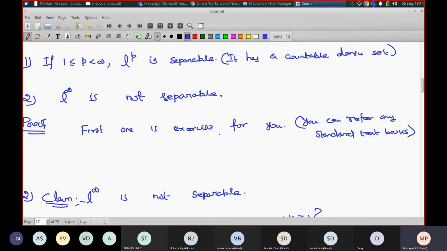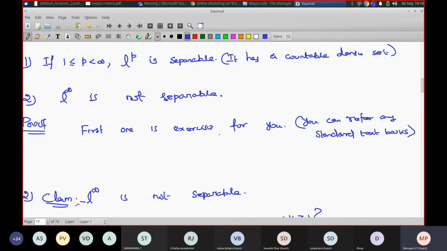But you have to show that l p is separable. For that, you have to take all linear combinations of e1 and e2 and so on with scalars coming from, I mean, in the complex case, complex numbers whose real and imaginary parts are both rational numbers, right? Okay. So this set is countable, and it is also dense, because Q is dense, therefore Q cross Q is dense in C, and it easily follows that l p is separable, right?